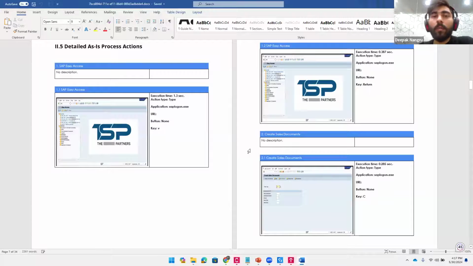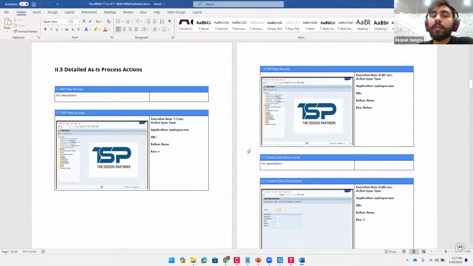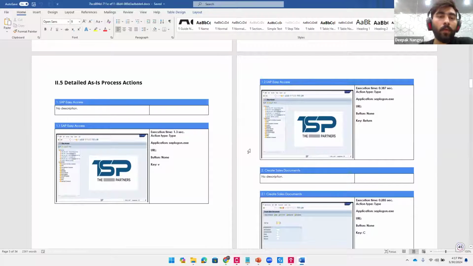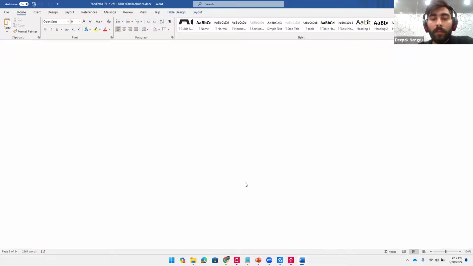All that complete document will be there, and the developer just has to see this document, follow it, and move forward and develop the code. So everything will be covered in one document. We don't have to create different versions of the document to start development. So it is a PDD.